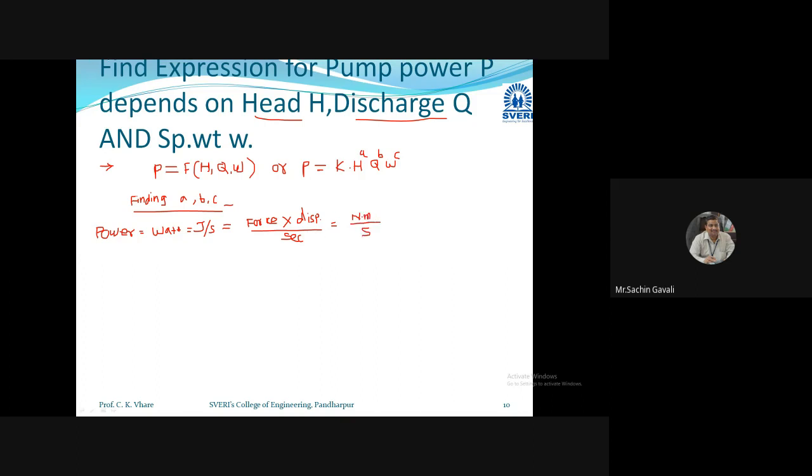Everybody understanding? Correct? Yes, sir. Newton means what? Newton's SI fundamental form will be what? Kg meter divided by second square. Newton is equal to F. F is equal to M into A. Many times we are using that relation. M into A means kg into acceleration, which is meter per second square.